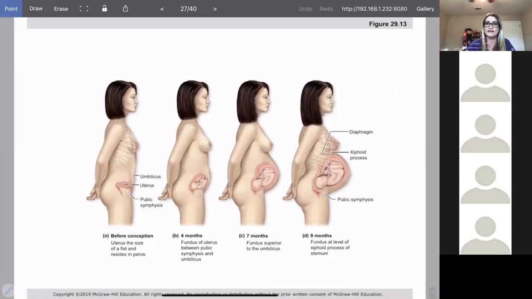So when you look at this image right here, notice that the uterus doesn't just grow outwards, it also grows up. And so everything kind of gets pushed up. And so as the baby is getting bigger and bigger, you're feeling more and more squished. Okay. It's like everything is getting pushed to your throat almost. It's great. So anyway,